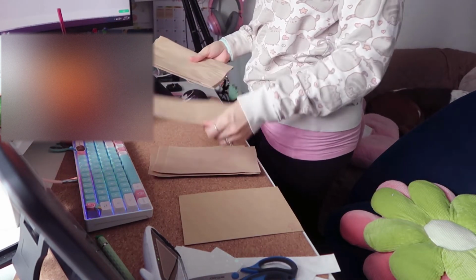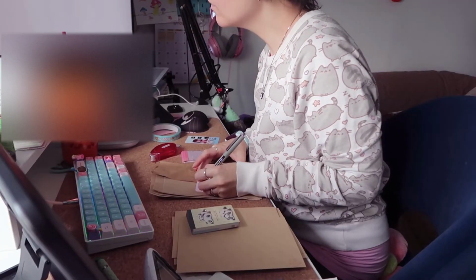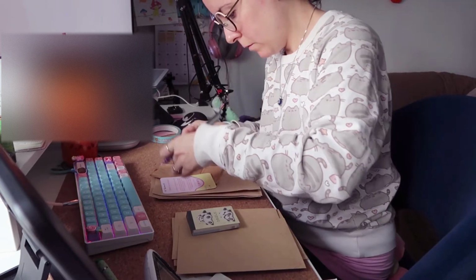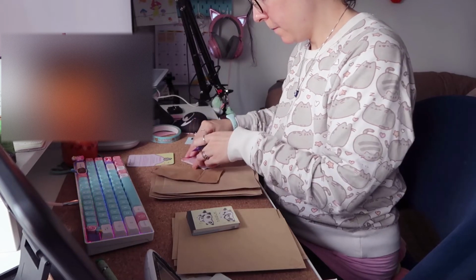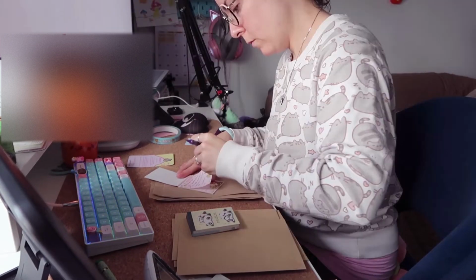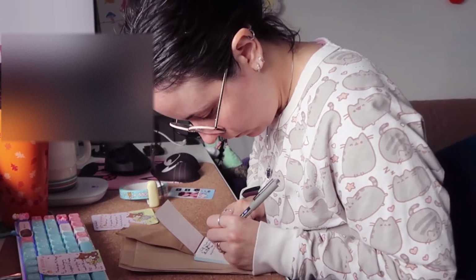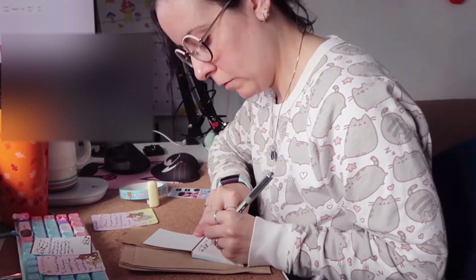forcing myself to draw in my sketchbook every day, and I'm really enjoying that because it's forcing me to draw, and also it's kind of like journaling drawing. Not every day, because I'm also trying to draw characters and people and things like that in my sketchbook, but I'm also trying to pepper in days where I'm just drawing what happens in my day, whether it be like the food I ate because I enjoy drawing the food, or things I did that day,